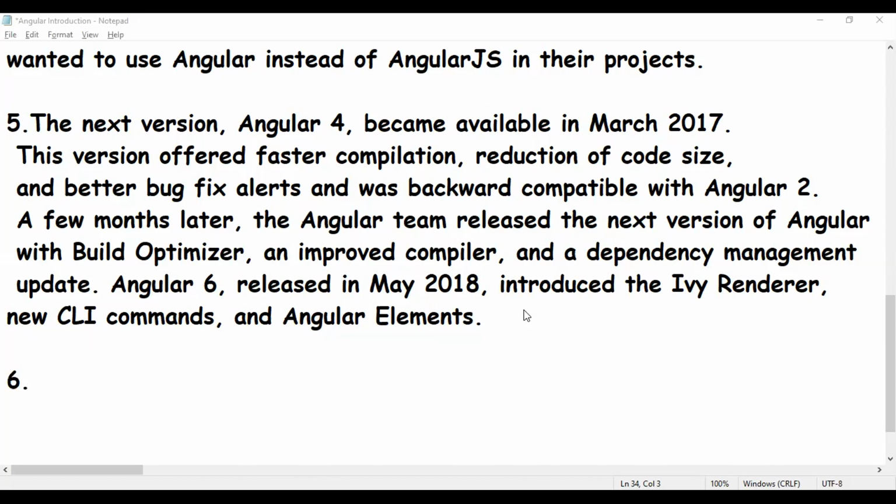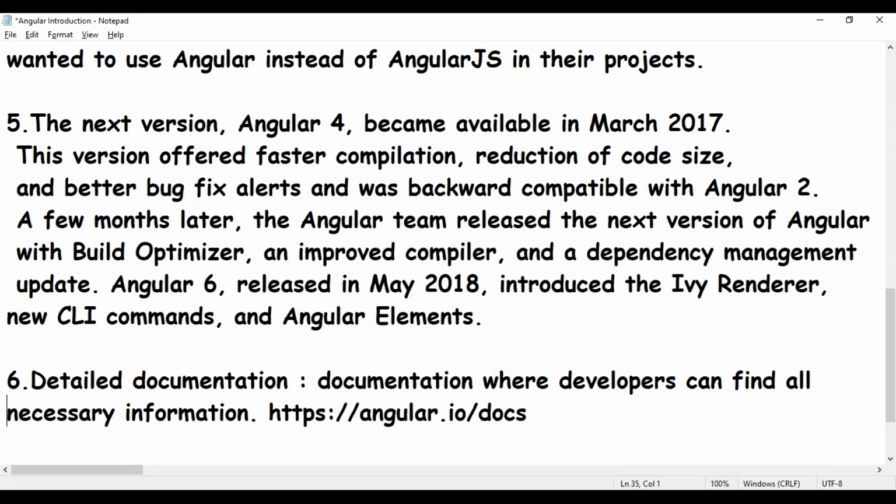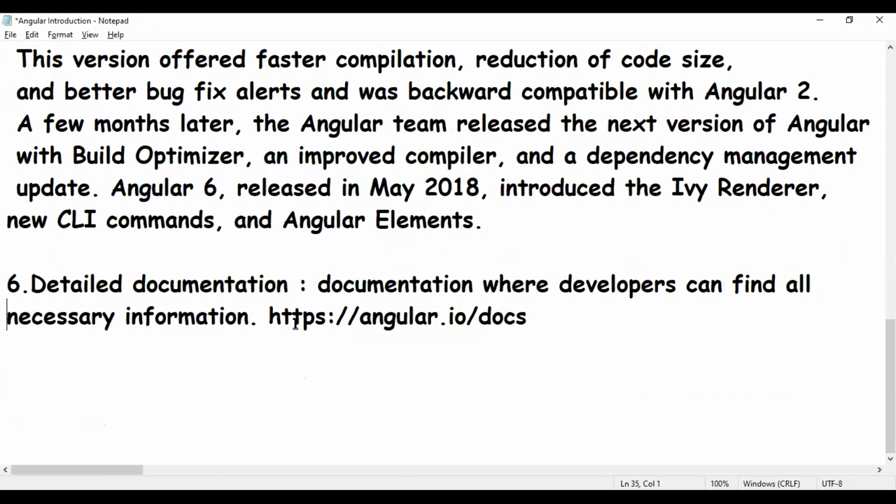Let me put that point here. We need to go to this website address to get the documentation: angular.io/docs.